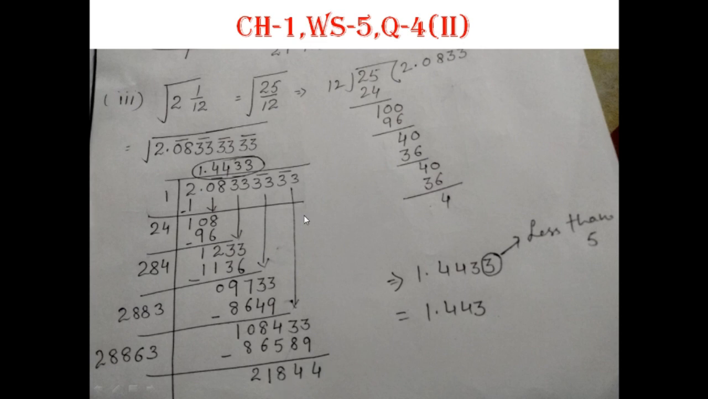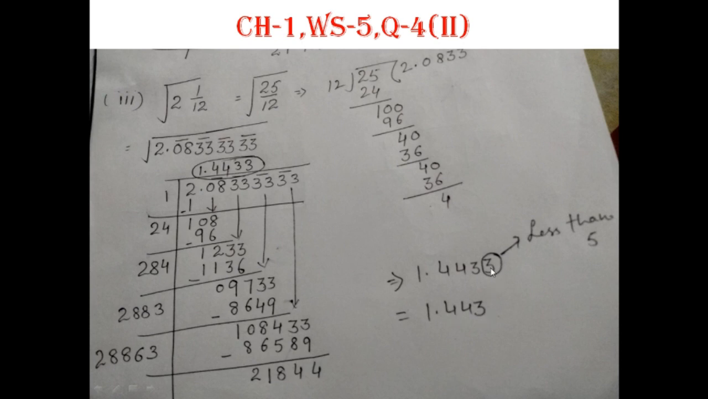Stopped here because I have already solved up to 4 places of decimal. Write this number. This is your answer. Now let's see this number. This number is less than 5. So it will not affect this number. Your answer will be